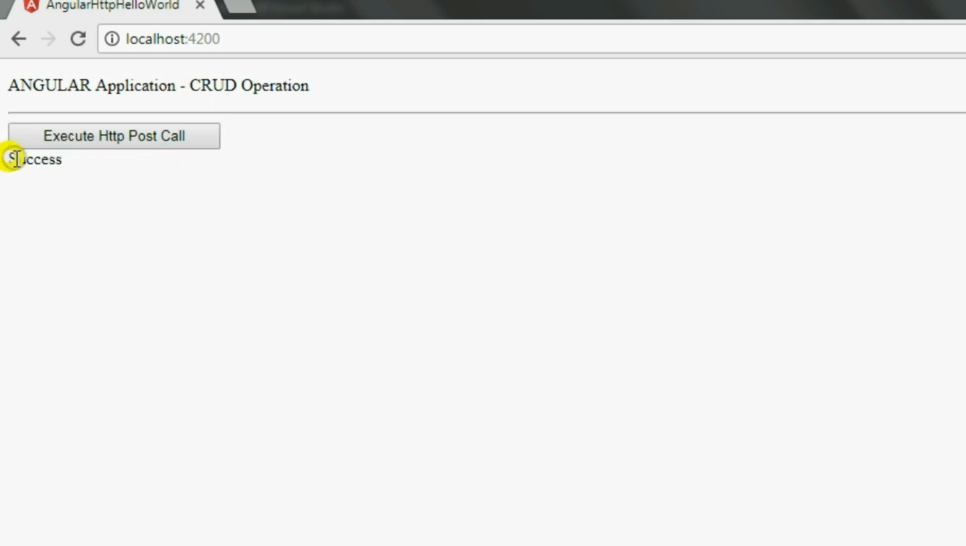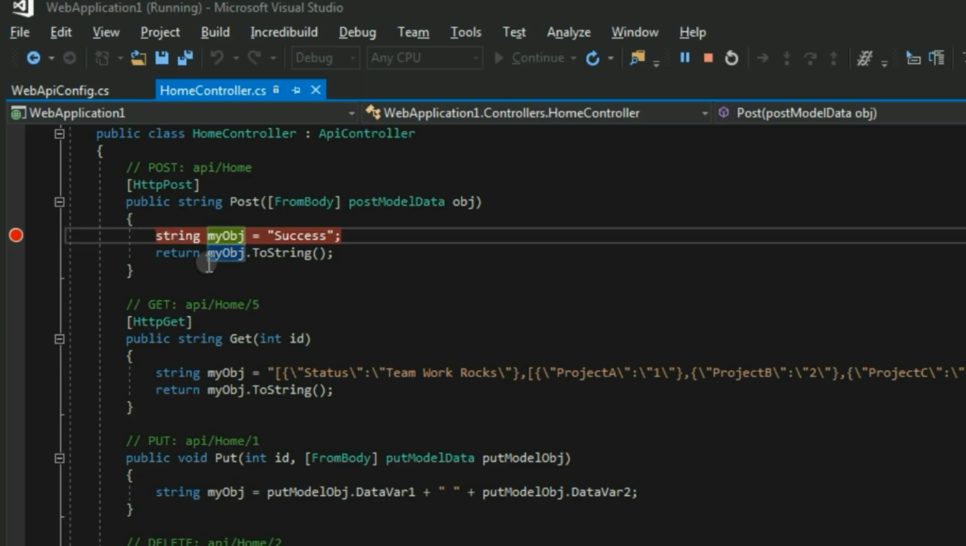And so when we click on this button, we'll see that the success gets returned, which is the word that our post function of the web API returns. So we can see this success. Now we are going to